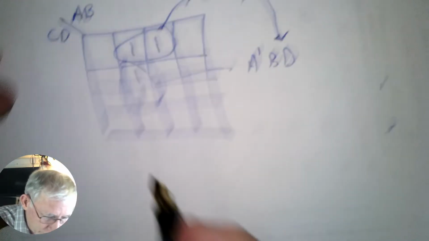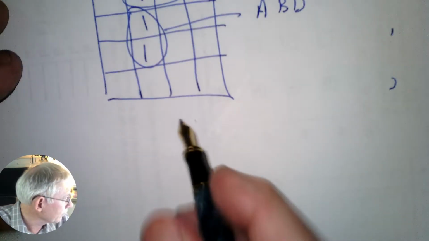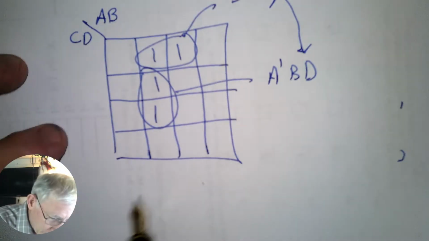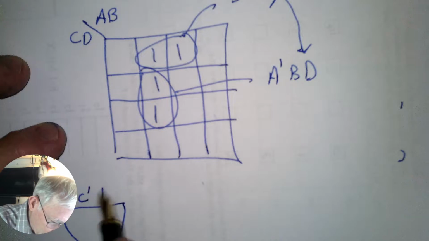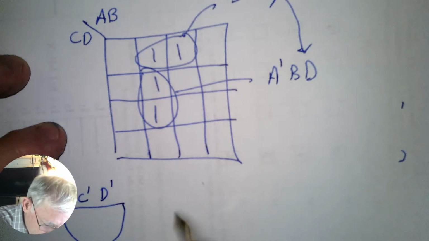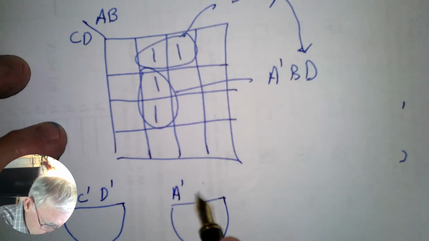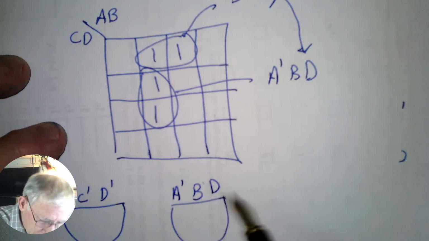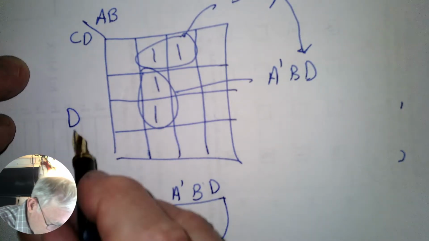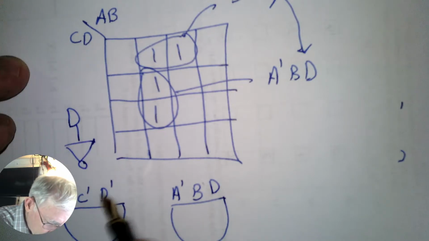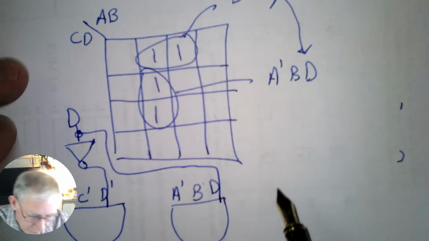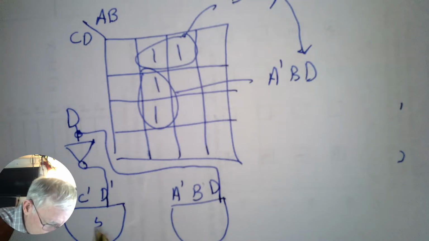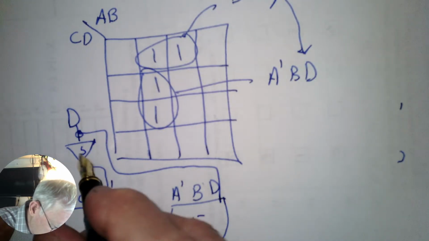So if we draw this circuit like this, we have 2 gates, an AND gate here with B, C prime, D prime, and we have another AND gate here with, say, A prime, B, D. But let's say our D comes from over here, and it has to go through an inverter. And so our D prime comes from there, but our D comes straight in. Okay? And let's say we have 5 nanosecond delay, 5 nanosecond delay, and 5 nanosecond delay.